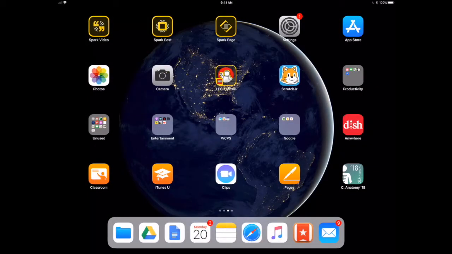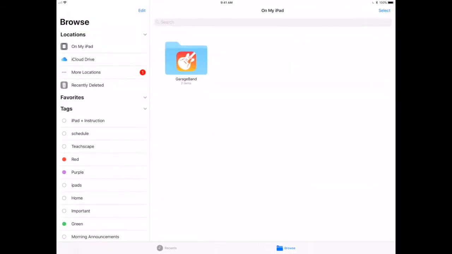iOS 11 has also added a new application called Files. Files is actually the first built-in file saving location on iOS ever. It allows the iPad to house files that normally would only be within the application. The other thing that Files does is allow for integration of outside or external save spaces such as Google Drive.